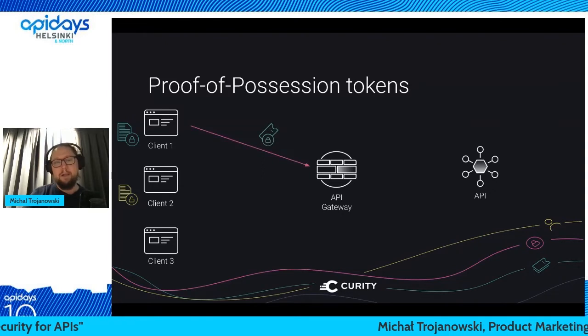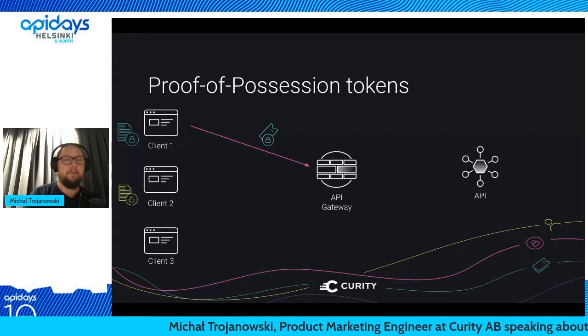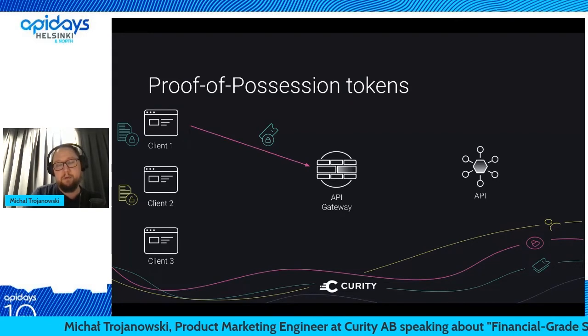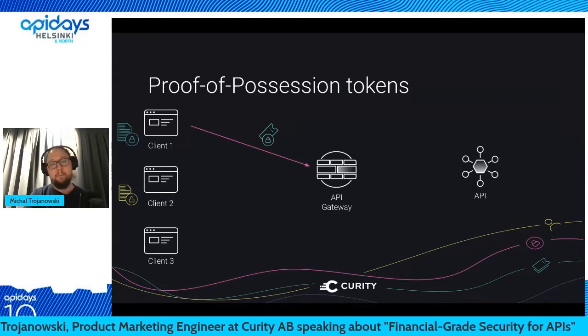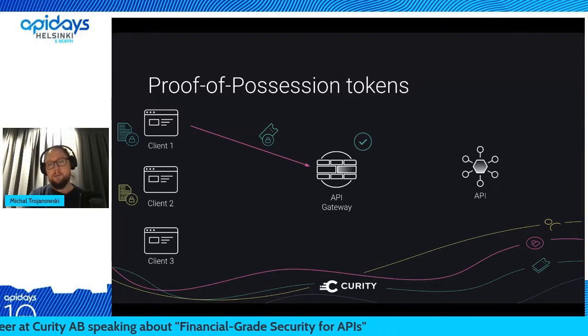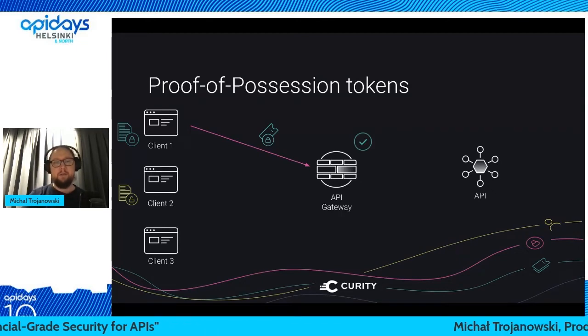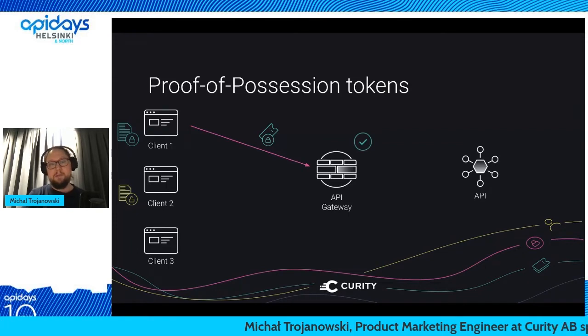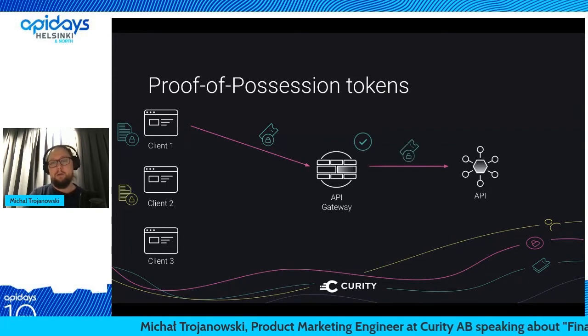So now if I have a client who was issued an access token by the authorization server, that client sends the token to the API gateway together with a proof of possession of that token. And now the gateway verifies not only the signature and expiration time and so on, but it also verifies that that client is in possession of that proof and can use that token,